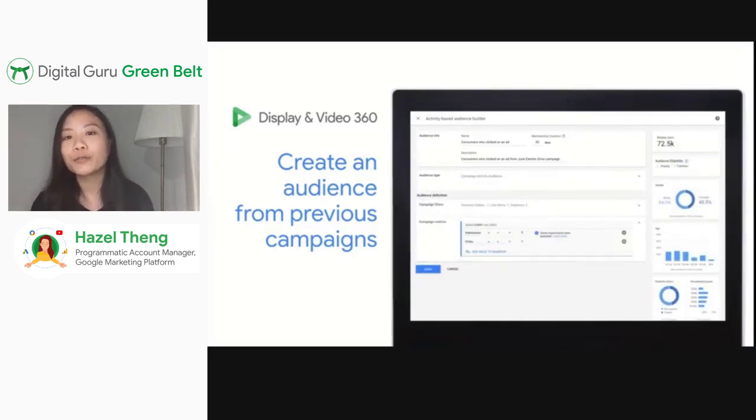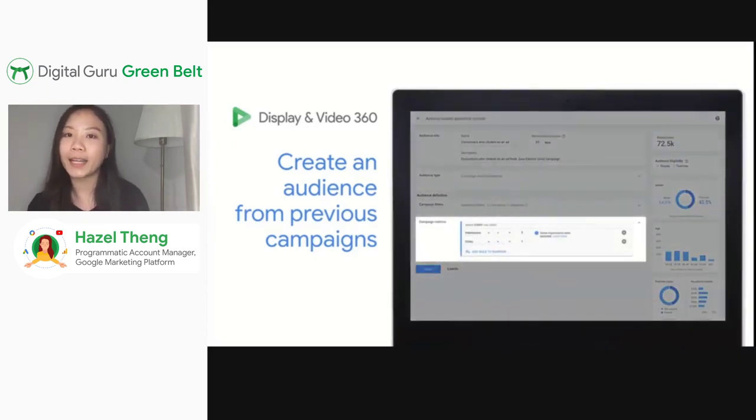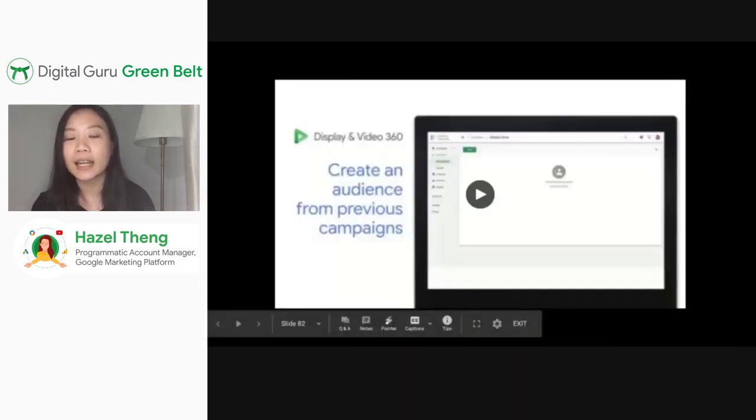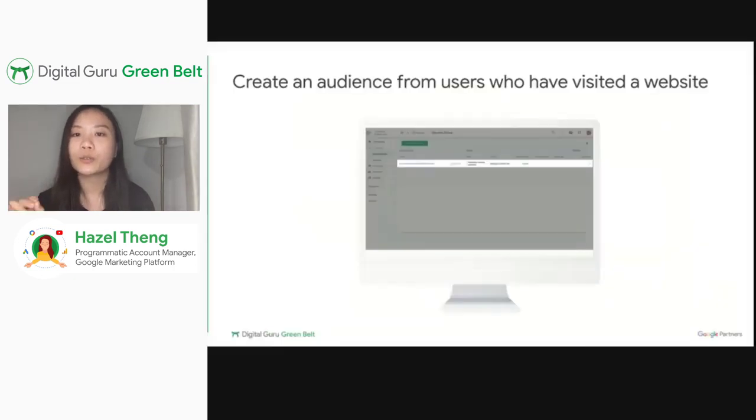She then goes on to create a new audience using the campaign activity audience segment builder. While creating it, she filters down to a specific campaign under the advertiser, and she specifies the consumers who clicked on an ad from a prior campaign.